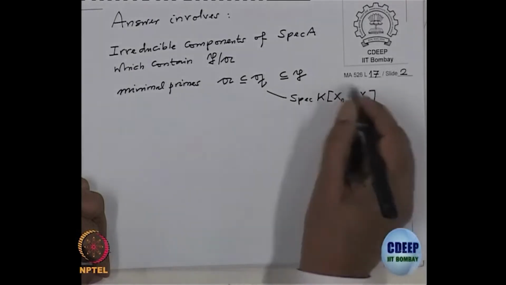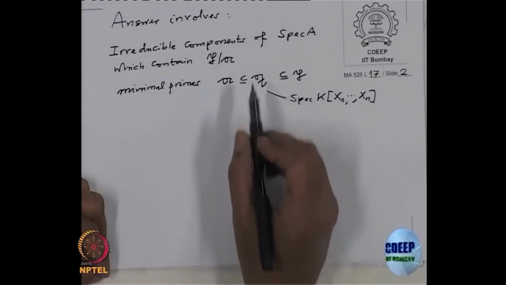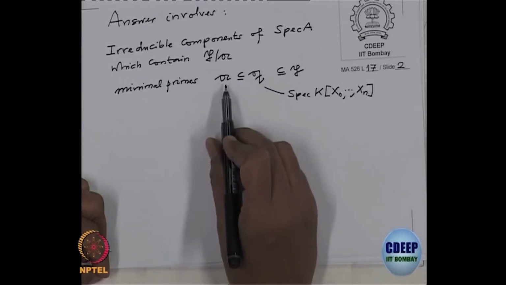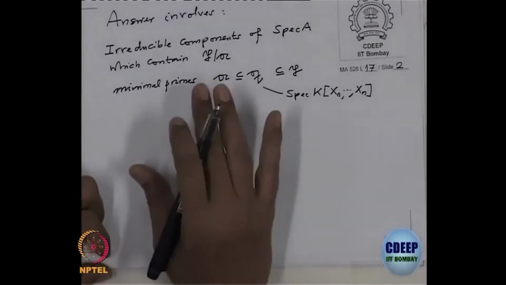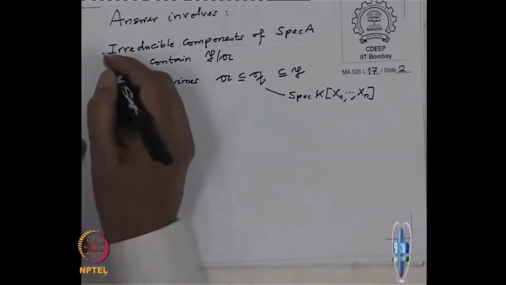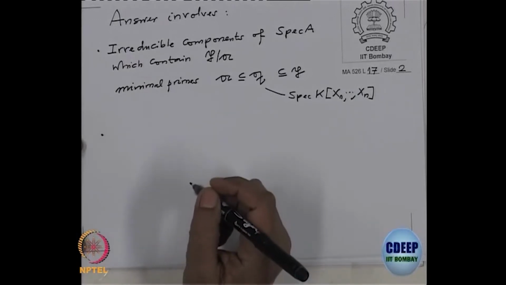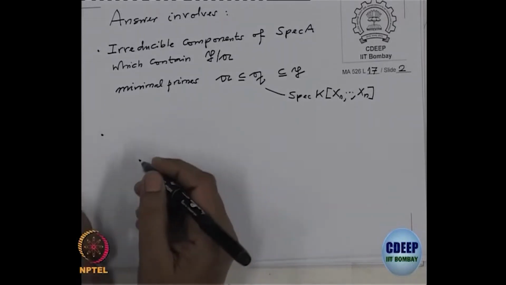So in k[x1,...,xn], this P may not be minimal over A. So we look at the minimal primes of A, which are minimal over this. These correspond to the irreducible components. And what else? So this is one, and the matrices, the rank. The matrices we get from the defining equations of A. So the rank